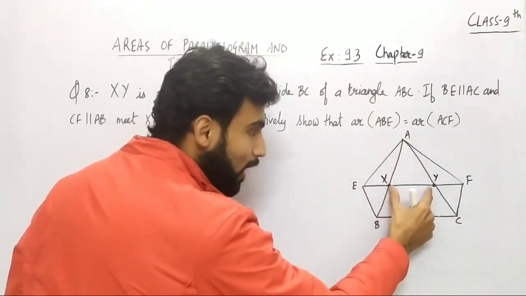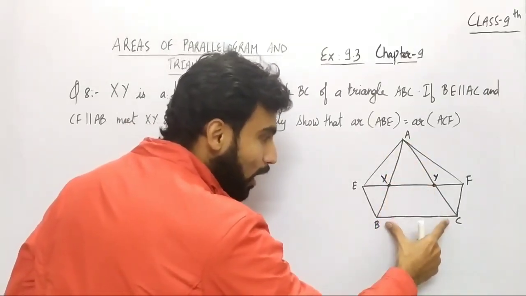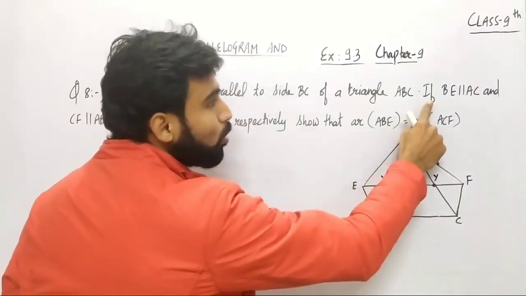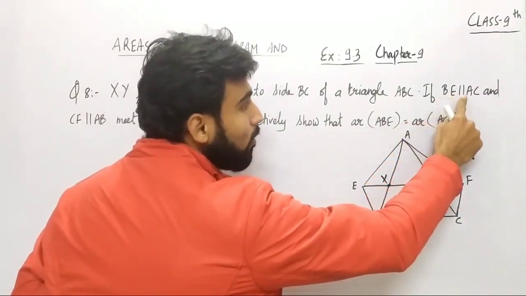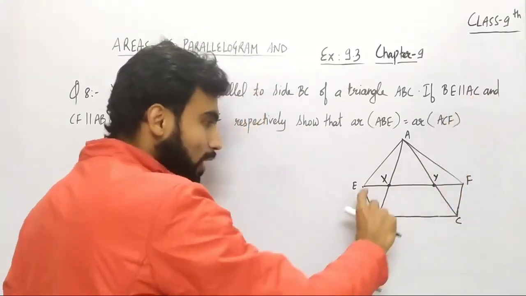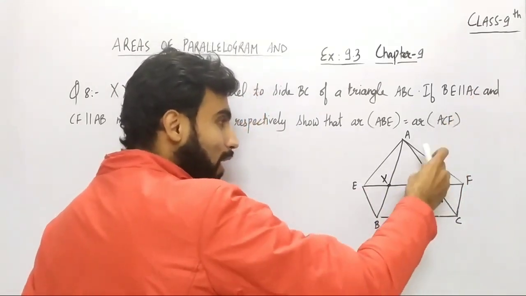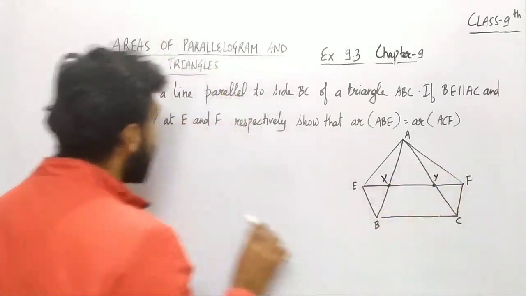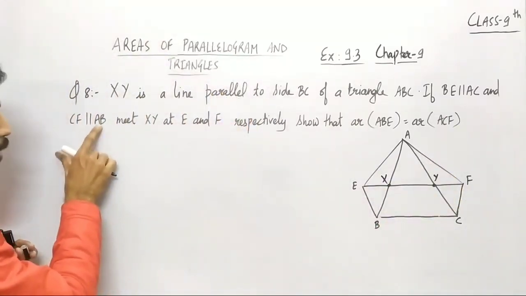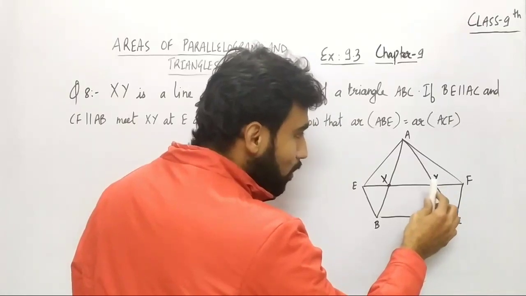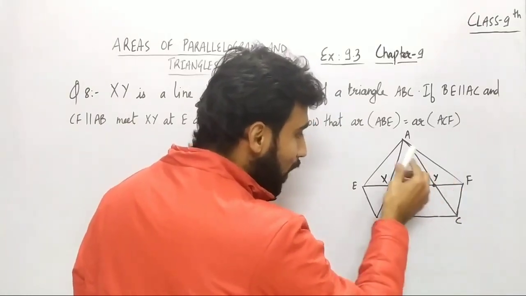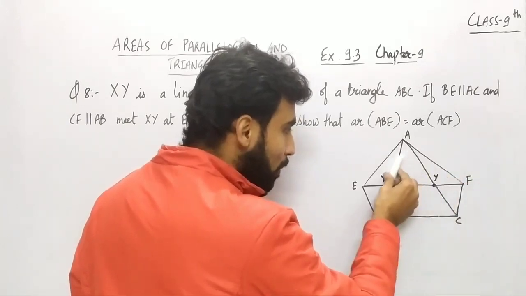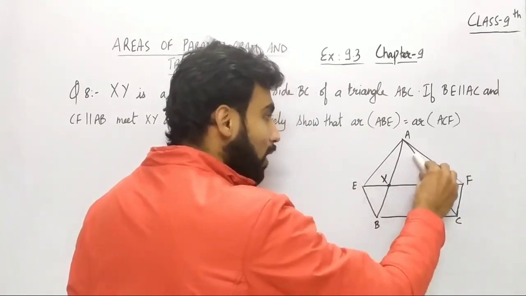So अब जैसे ये जो XY है, एक लाइन है जो कि parallel है BC side के of triangle ABC, right? Also if BE is given parallel to AC, so अब जैसे ये जो BE है that is parallel to this line AC. So अब जैसे ये दोनों parallel lines है given है. Also you can see CF is parallel to AB. So if I just mark on CF which is parallel to AB, that is also given here. So you can see CF is parallel to AB and BE is given parallel to AC.